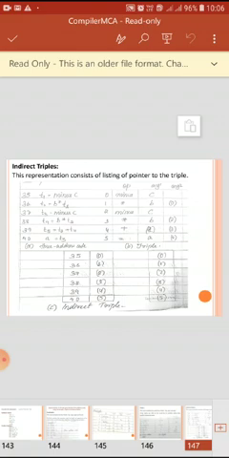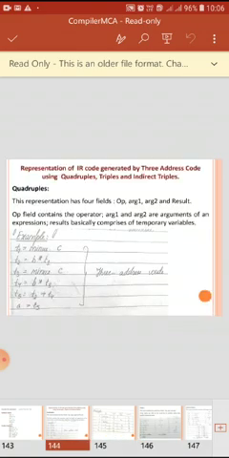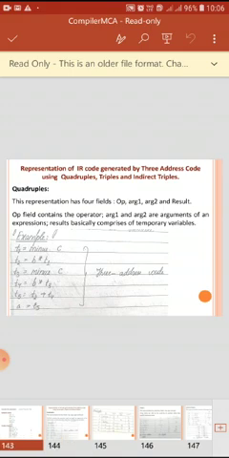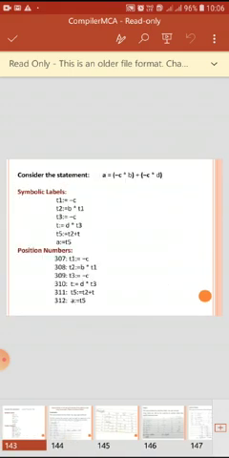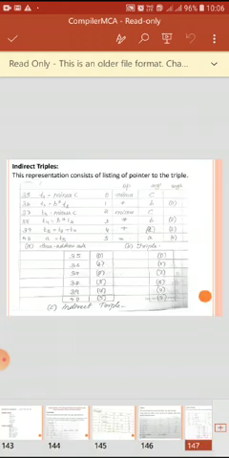Now, in indirect triple, this is the three address code, and we can also give it position numbers. Let's say the position numbers given are 35, 36, 37, 38, 39, and 40.